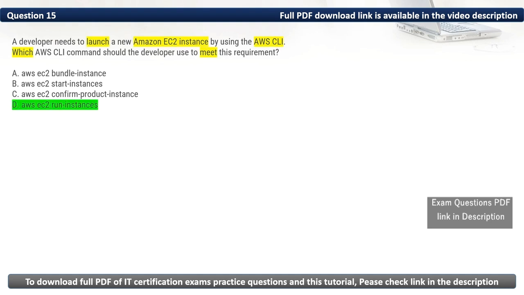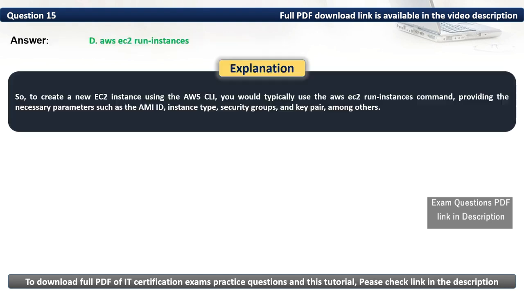Thus, the correct option is D. So, to create a new EC2 instance using the AWS CLI, you would typically use the aws ec2 run-instances command, providing the necessary parameters such as the AMI ID, instance type, security groups, and key pair, among others.